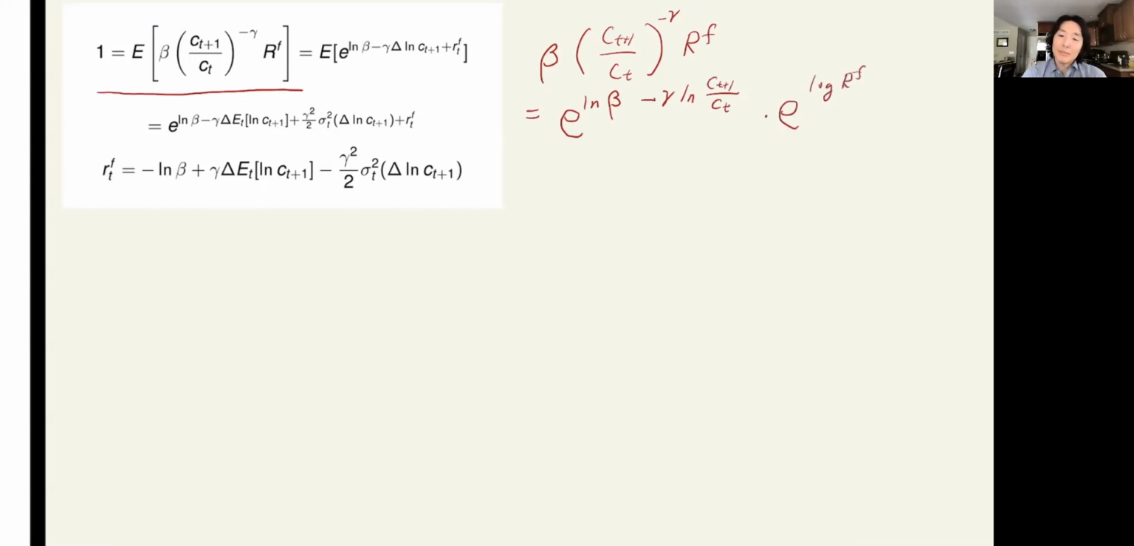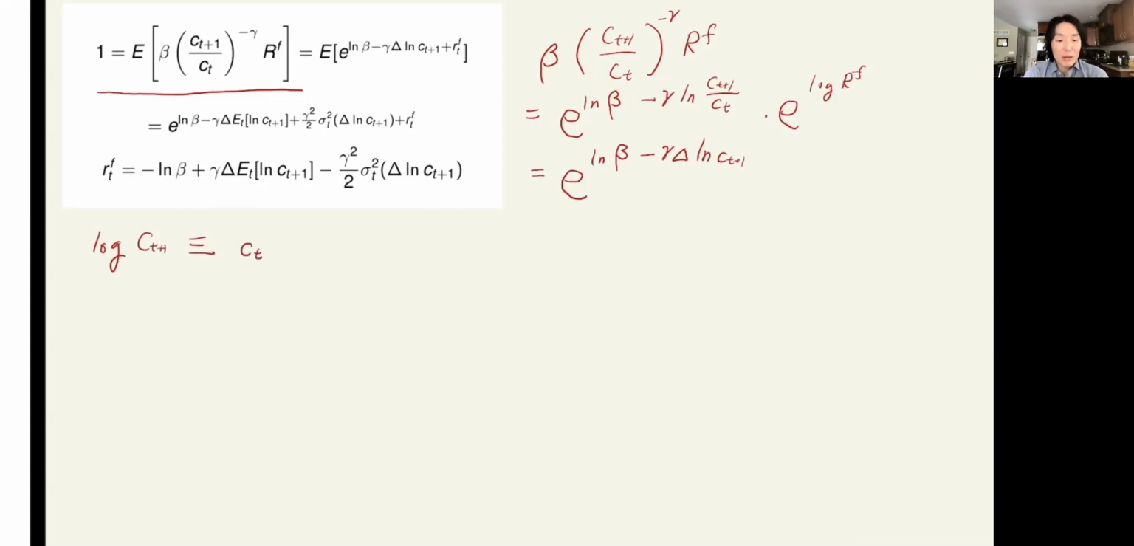자, 이렇게 쓸 수 있죠? Okay. So e to the log, natural log beta minus gamma, and I'm going to use the following notation here. Delta of log ct plus 1. Okay? So what am I defining here? So log, I'm just writing as log ct plus 1. Okay? I am going to define it as